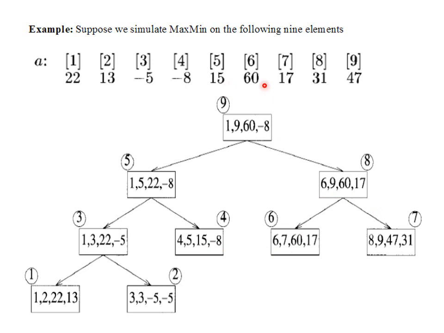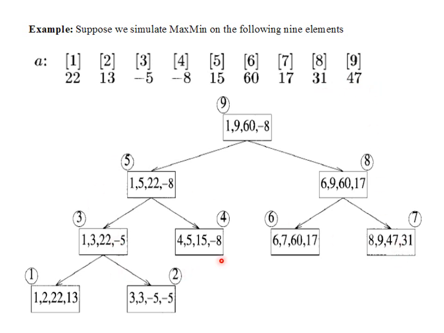Similarly here, among these 4 we divide into 2 parts: 6 and 7 is one list, and 8 and 9 is another list. You see here, 6 and 7 is only two items, so you can directly obtain the answer. There is no further division, the solution is directly available: 17 is the smallest item and 16 is the largest item. Similarly here there are two items only, so no more division. 8 and 9 are the lower and upper index, and 31 and 47 are the minimum and the maximum values.